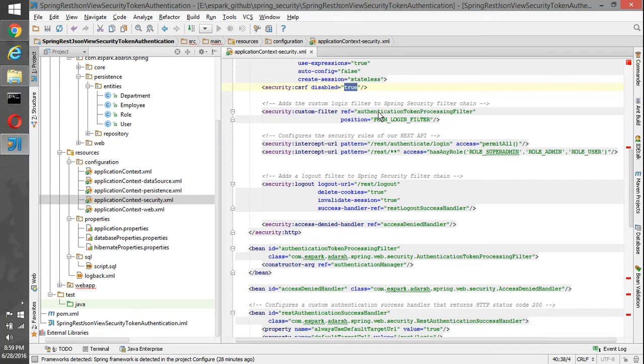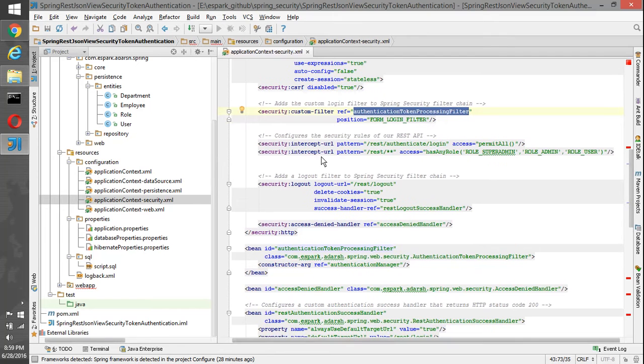Then what we have done, we have just replaced the login form filter with our own custom filter, which is authentication token processing filter. And then we are saying that any request with /rest/authenticate/login should be given permit all, and other than that any request with /rest/** should at least have user, super admin or user role.